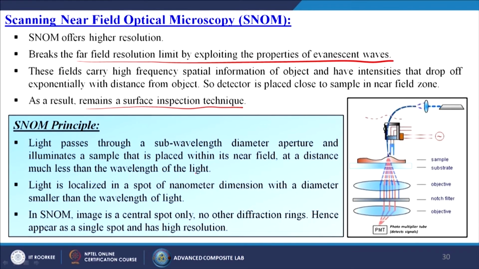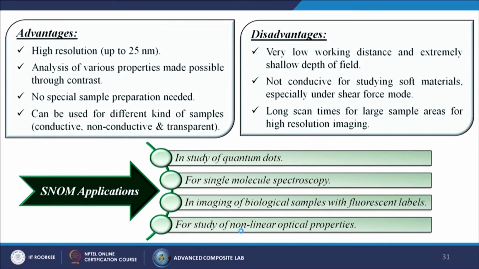Light is localized in a spot of nanometer dimension with a diameter smaller than the wavelength of light. In SNOM, the image is a central spot only, with no other diffraction rings, hence it appears as a single spot and has high resolution. What are the advantages? High resolution up to 25 nanometers, analysis of various properties made possible through contrast, no special sample preparation is required,